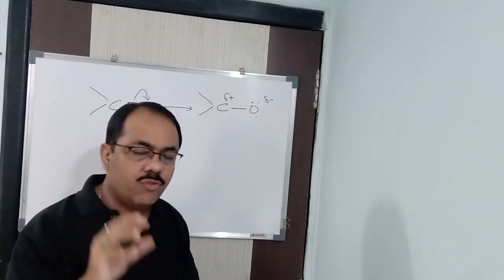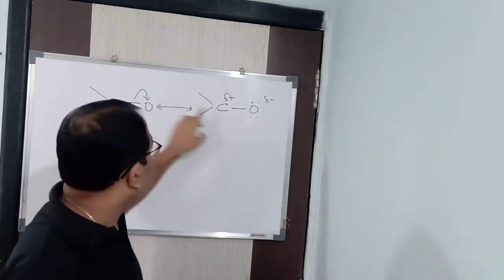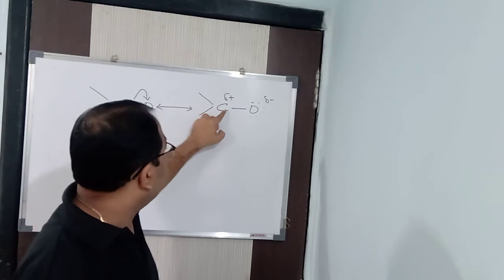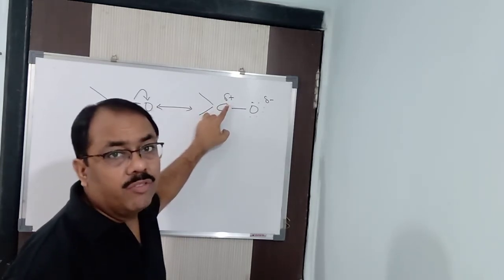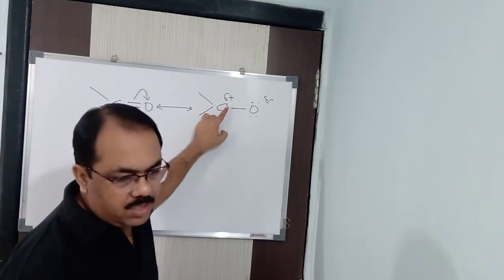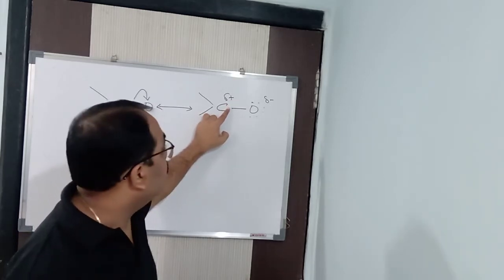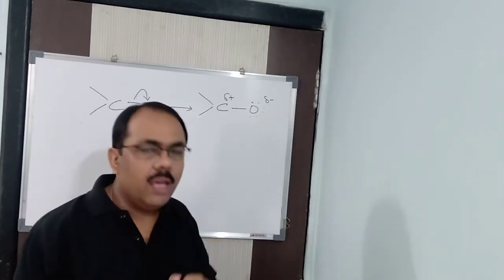First, understand why it is undergoing nucleophilic addition reactions. Because you can see here that the carbonyl carbon shows resonance, due to which the carbonyl carbon is electropositive in nature. So readily it will be attacked by the nucleophile. Nucleophile means what? Negatively charged species. It will undergo nucleophilic addition reactions. Now, if